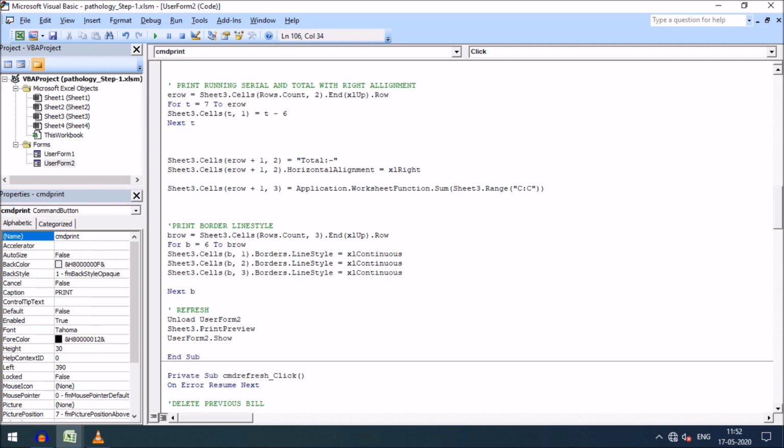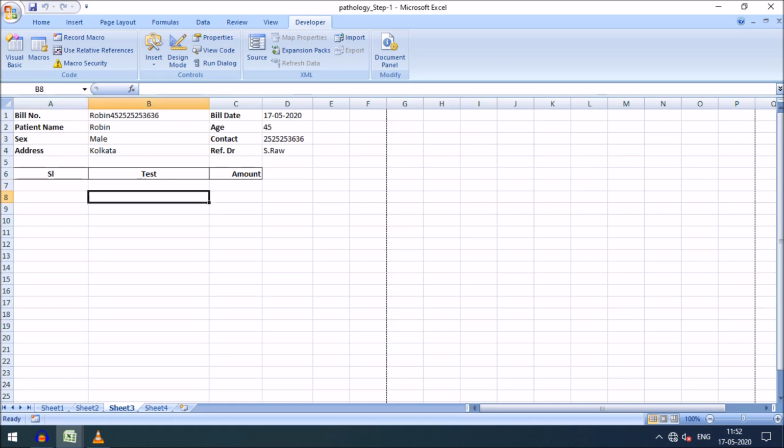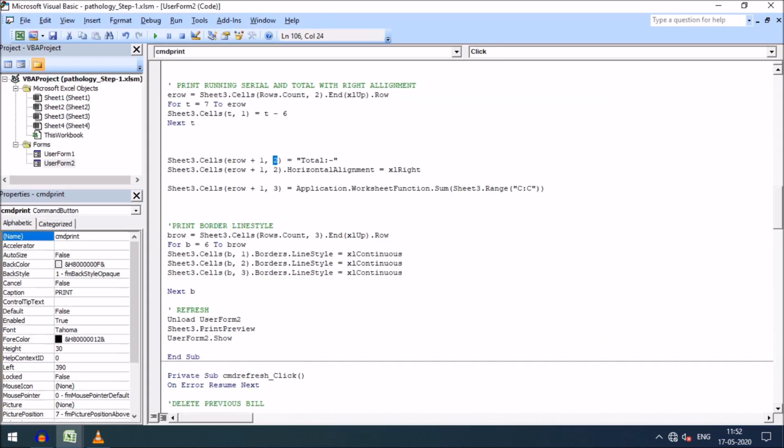Here, in the second column, in this section, when I add the total at the bottom, I want the word total, and here the total value in this amount section. So in the second column, this word total will be displayed,